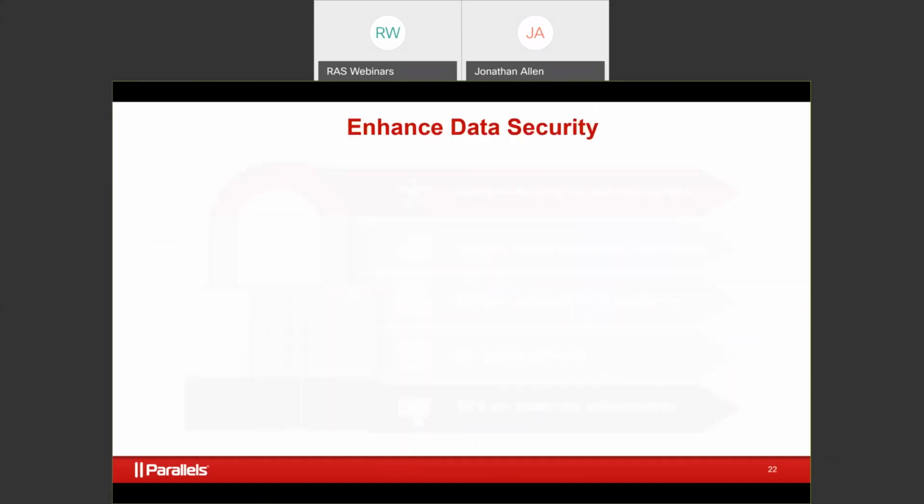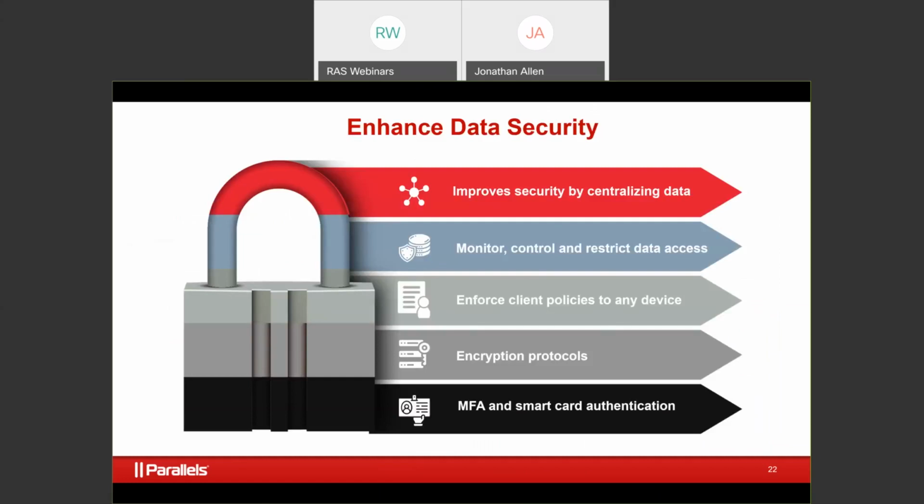Enhancing data security. Obviously, we improve it by centralizing data. It allows you to monitor, control, and restrict data access. Finally, the policies that you've created to enforce compliance so people don't screw up your network are easily enforceable now because they can be pushed to any device. The policy that you've created within your ERP system and how people can utilize it is the same on the Windows device, in the browser, on iOS, on Android or the Chromebook.